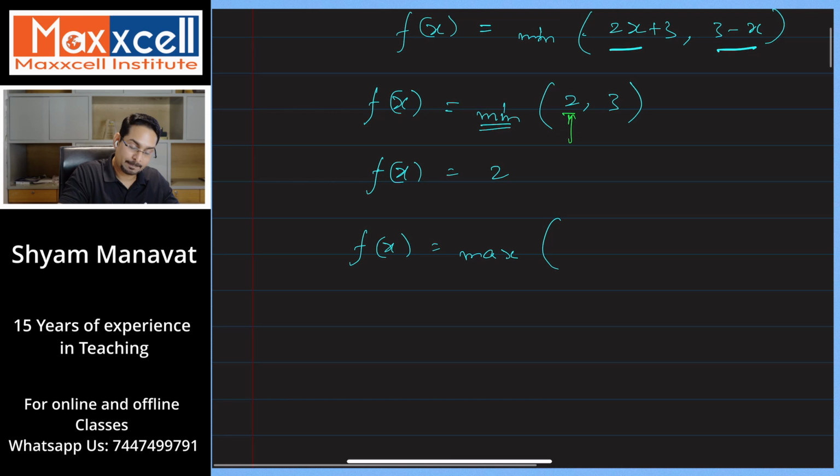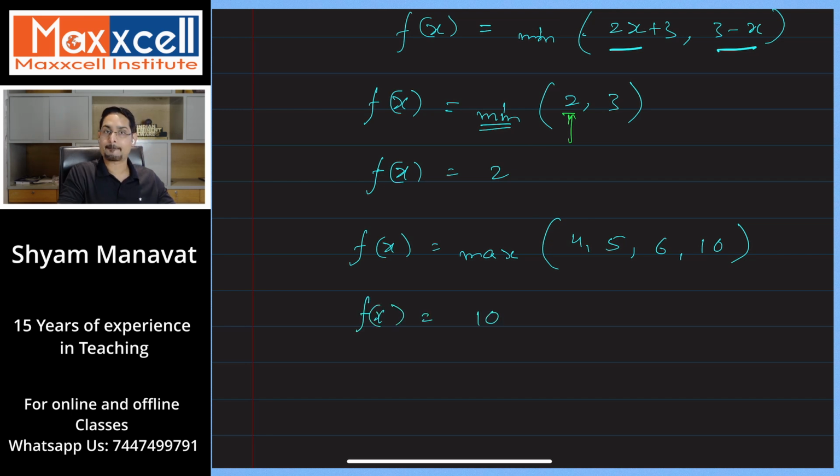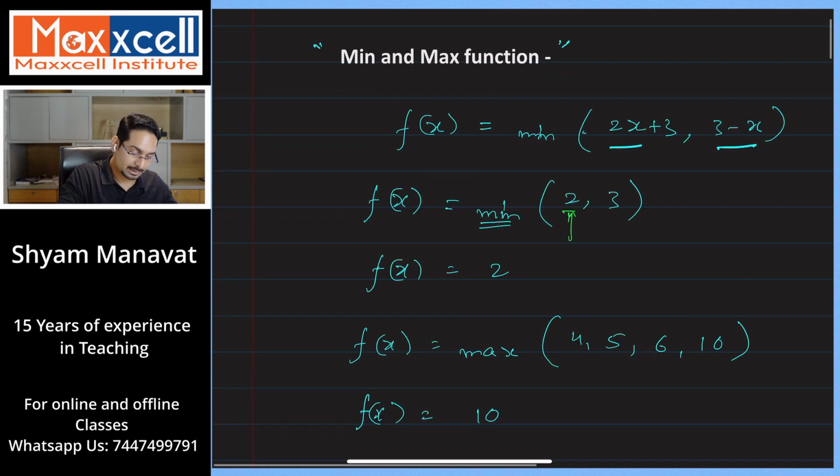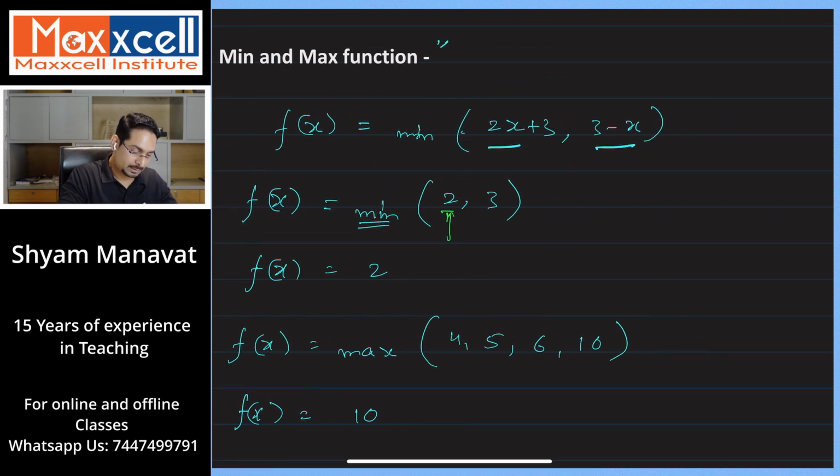Max means we need to select the maximum amongst them. So if I say 4, 5, 6, 10, as these are four numbers we have, what will be the final outcome of this f of x? f of x will give you 10 in this case. Okay. Similarly, if you look at this function,